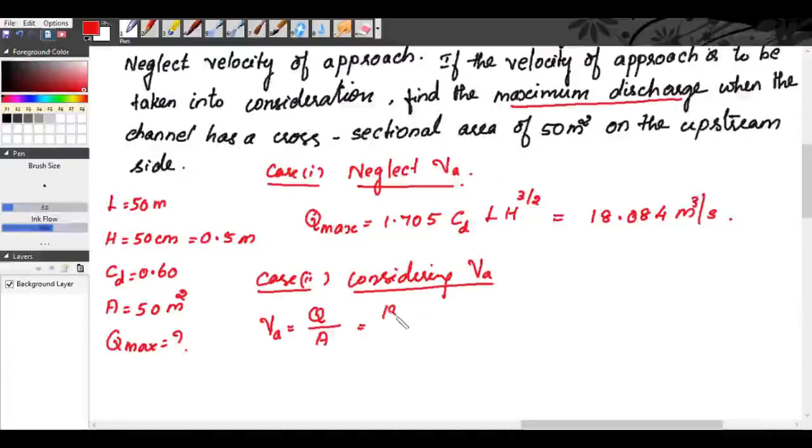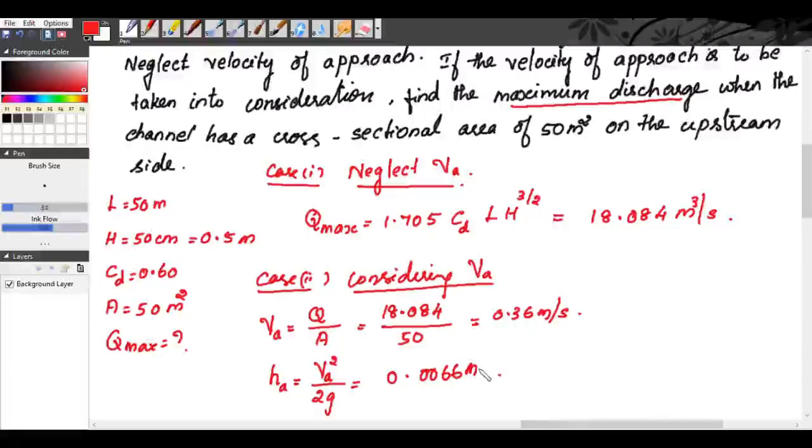So maximum discharge is 18.084 divided by area, which is given as 50. So velocity of approach is 0.36 meter per second. Now head due to velocity of approach is equal to VA square by 2G. So substituting VA is equal to 0.36, G is equal to 9.81, we get the additional head due to velocity of approach is equal to